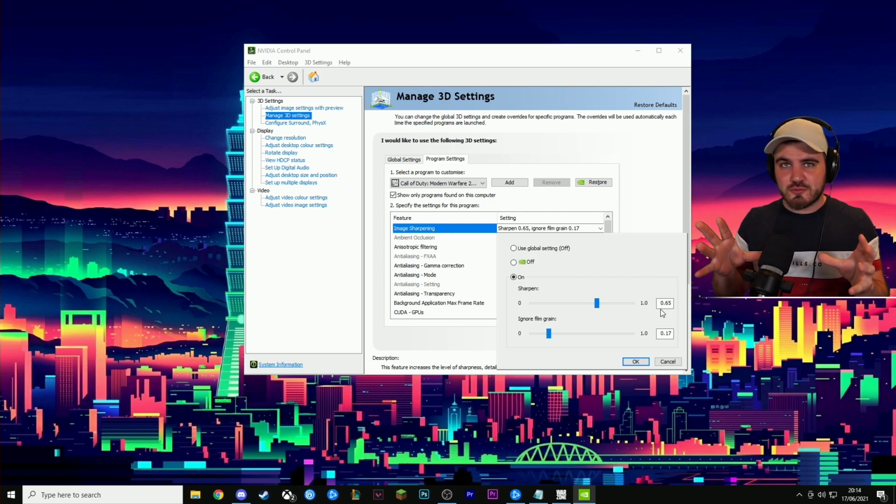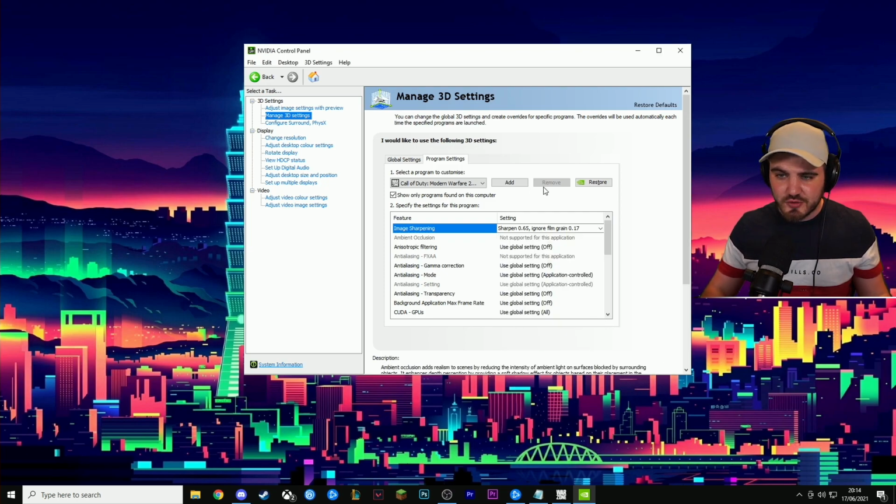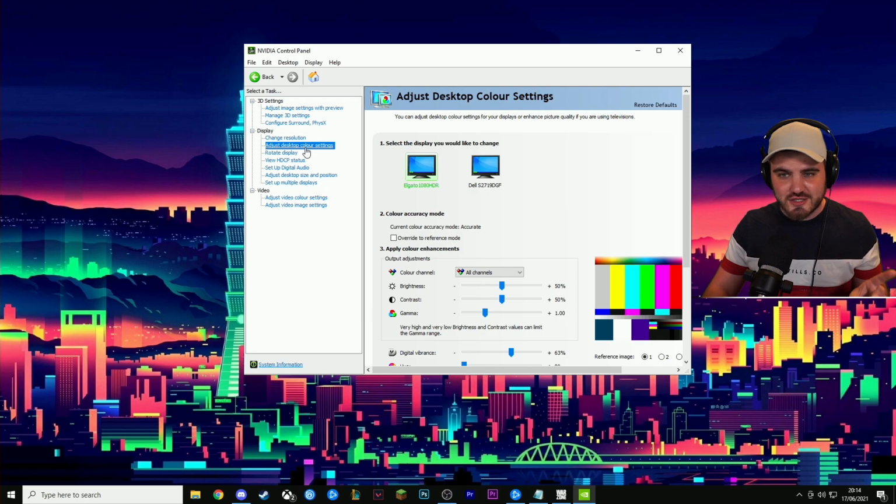This counteracts the kind of blurriness you get from the filmic anti-aliasing that I put on, and gives you a really sharp image with no haziness and no jagged edges, and it looks awesome. Once you've done that, you can press apply down here, and that's the sharpness dialed in. The second thing is the colors. So what we do for that is we go to adjust desktop color settings, go to your monitor that you're